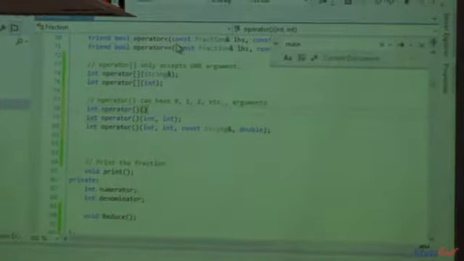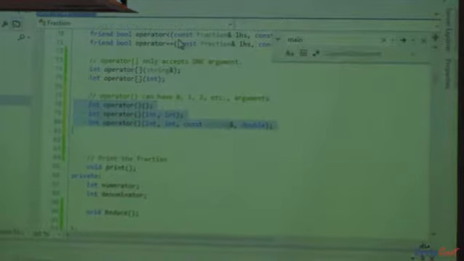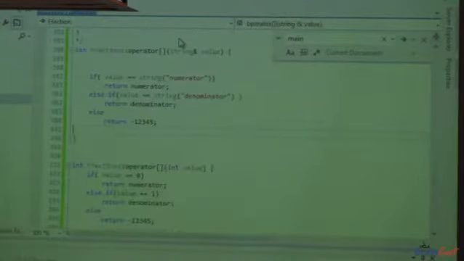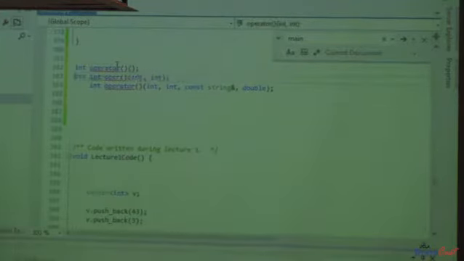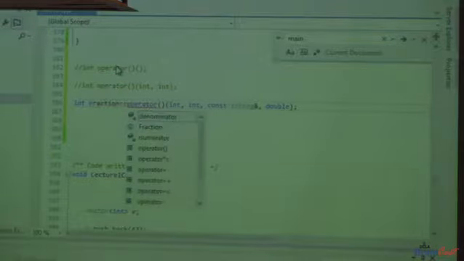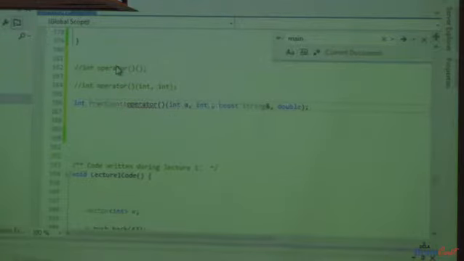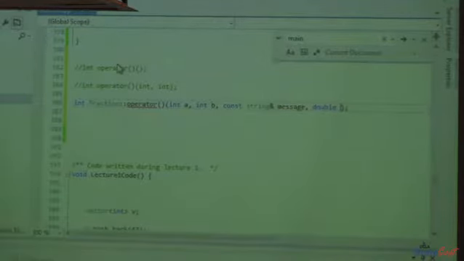I can also create a function that has no parameters. It looks like that. Looks kind of weird, doesn't it? Let's see what this does. Let's define these to do different things. Here's how we would define these functions. Let's do this one first because we had a really weird thing for it. Fraction, colon, colon. All right, so it takes an int a, int b, const string message, double d,